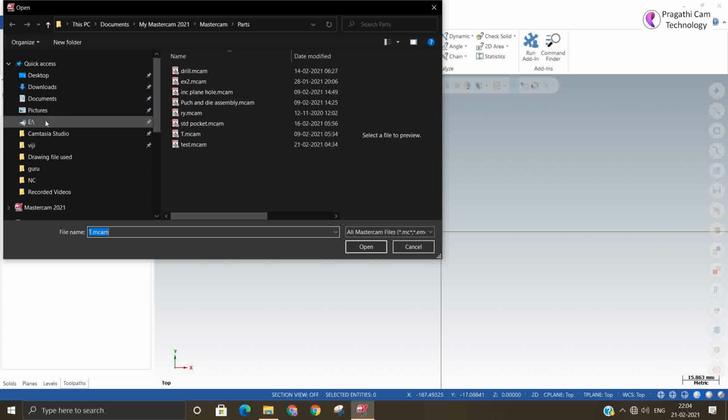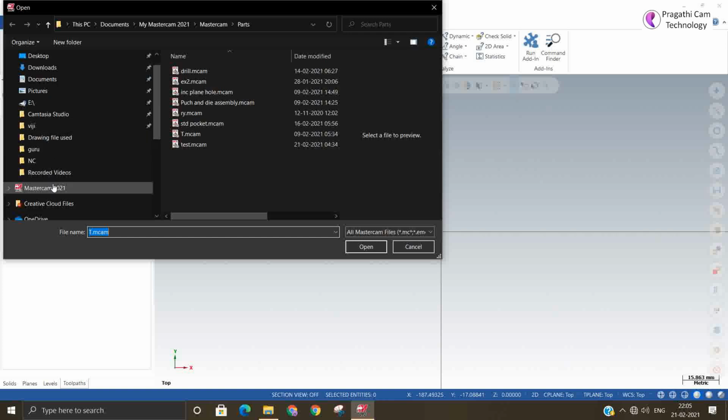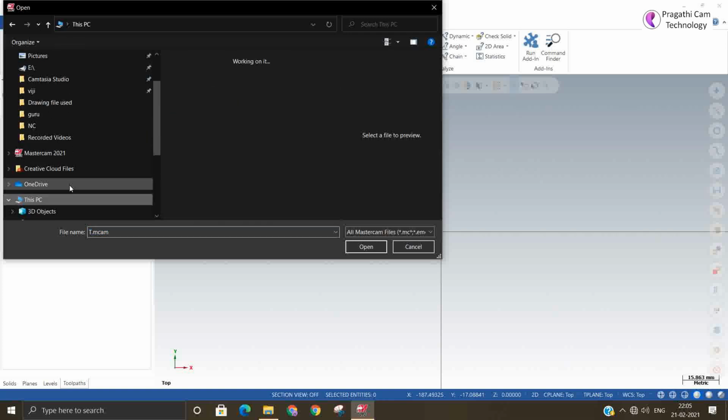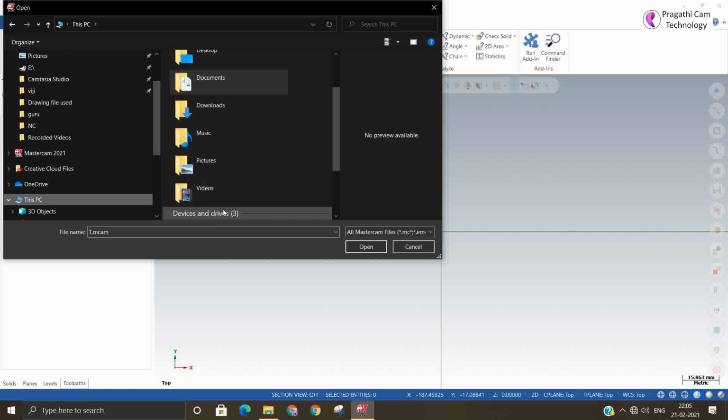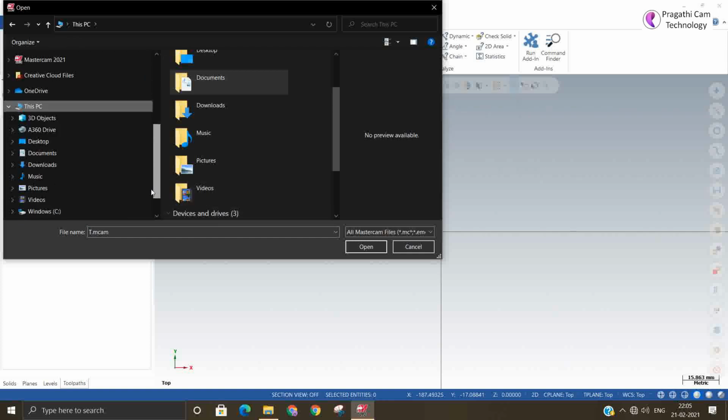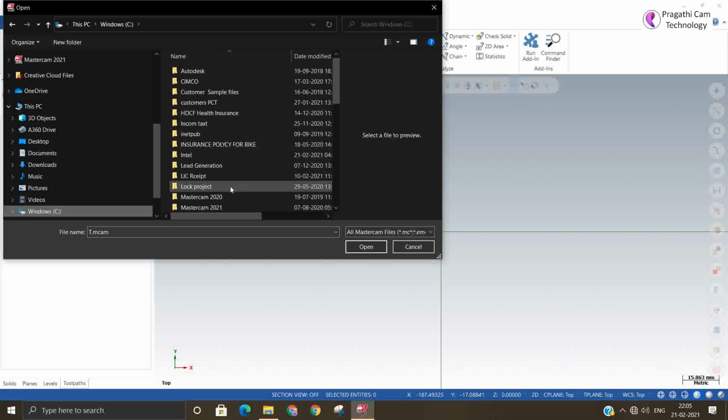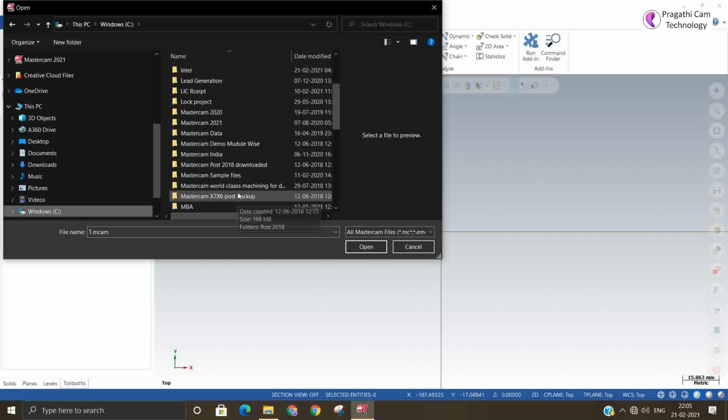One thing to remember is that it should have a solid model for this toolpath and it should have stock setup done. These two things are important. The model should be a solid model and stock setup should be completed for this particular toolpath.